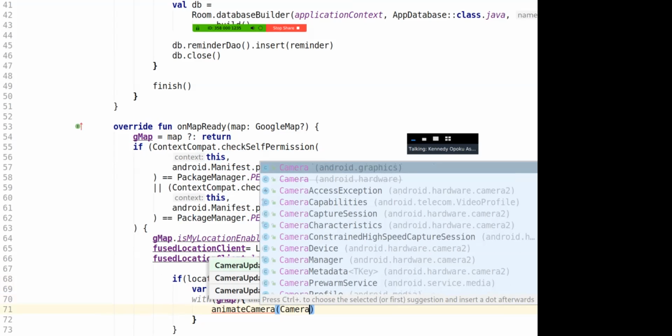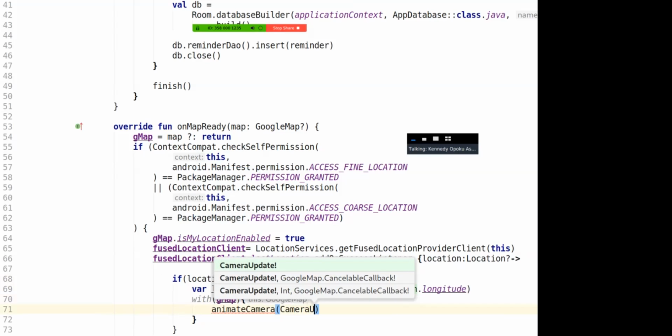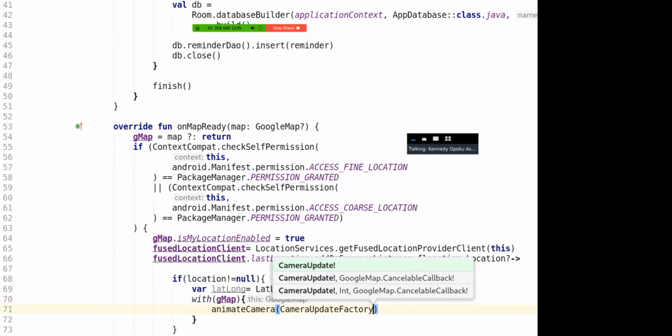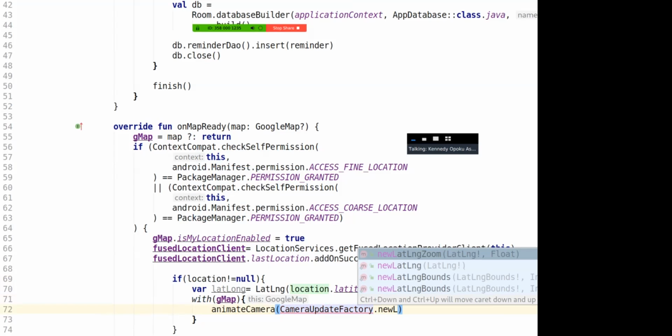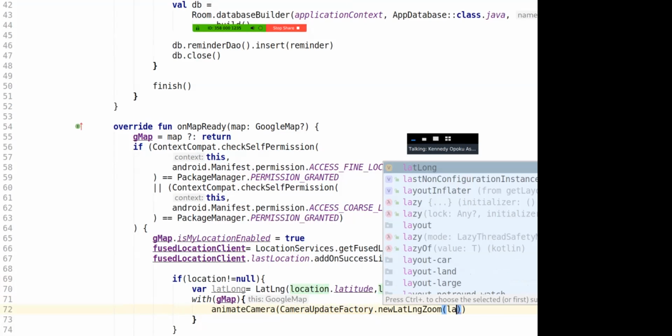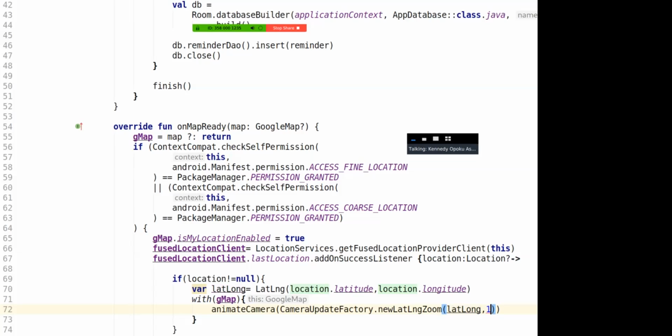So camera updates factory, camera update factory, which is not resolved. Alt enter dot new latitude longitude. So it's once you want to zoom it to a new latitude longitude. You pass your latitude longitude here. So you want it to zoom to as